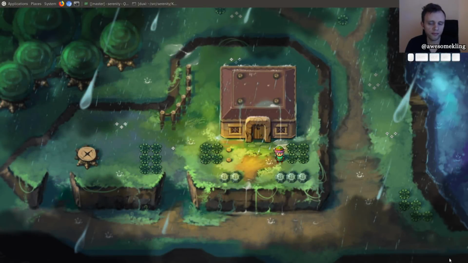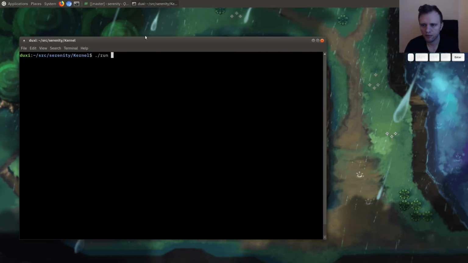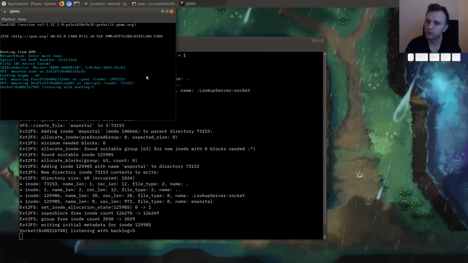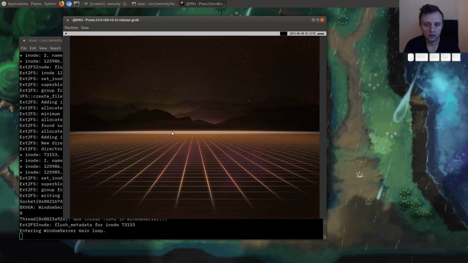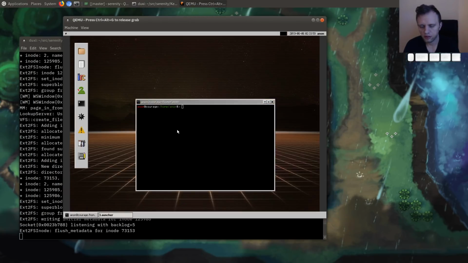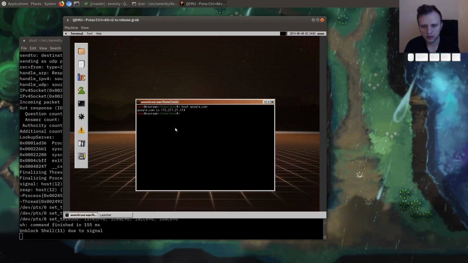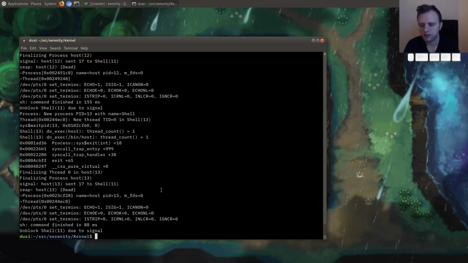Well, hello friends. Today we are going to try to do reverse DNS lookups, and that's because when you do a DNS lookup, it only goes one way currently. We can do like host google.com, but then if we take the IP address that they give us and ask for what that is, it just tells us, hey, it's this IP address. And if I do the same thing on my host system,